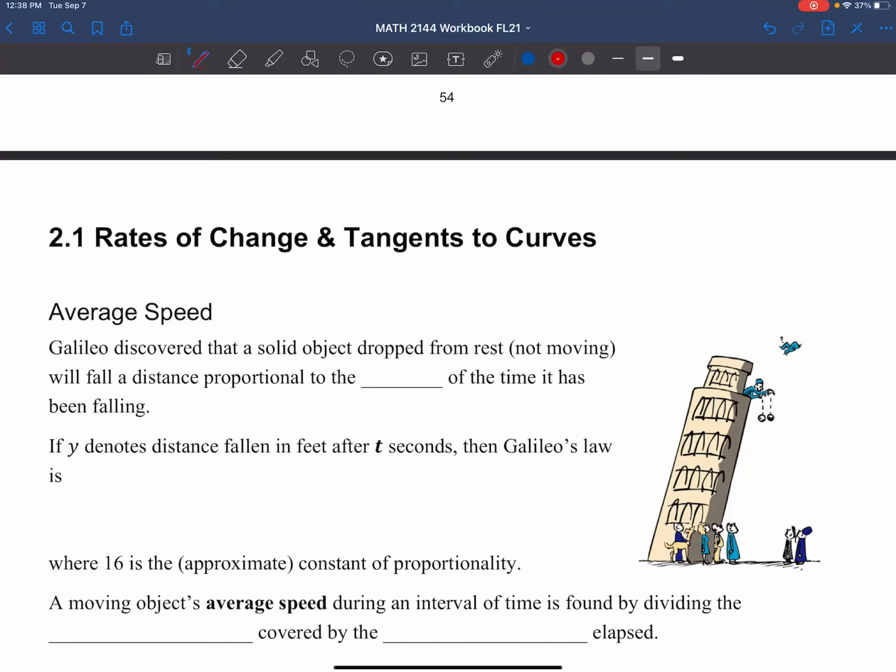So chapter 2 is on the limit. Chapter 2 is the limit. So hopefully you haven't reached your limit yet because we're just starting. But all right. So what we're going to talk about in chapter 2.1 are rates of change and tangent to